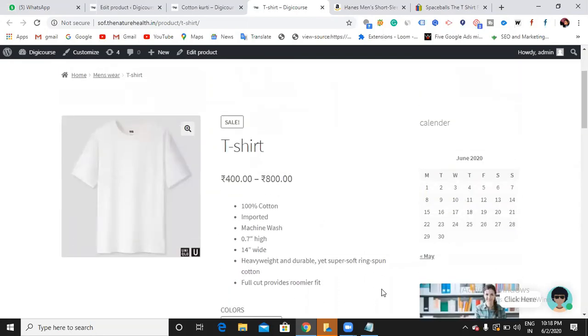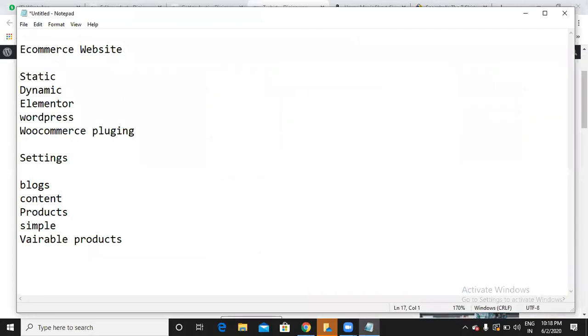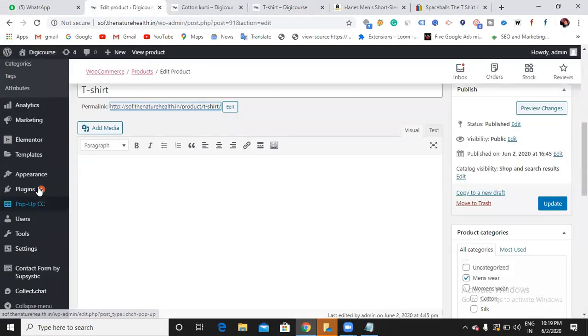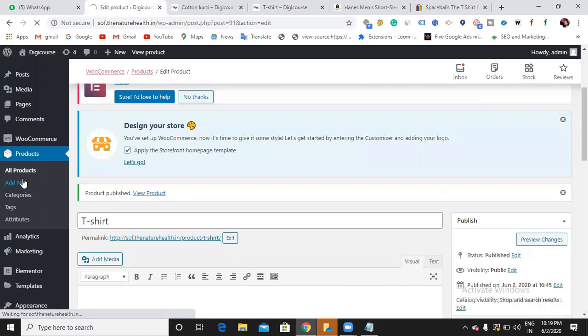And you might have observed one more thing, like books. Some people can use that to let buyers download the book when they purchase. So if you want to create that kind of product, you can just simply choose it. Go back, okay, and then add a new product. So now I am going to create a downloadable product, where people can download the product like PDF and all. You might have seen with Amazon, you can download some books as well.